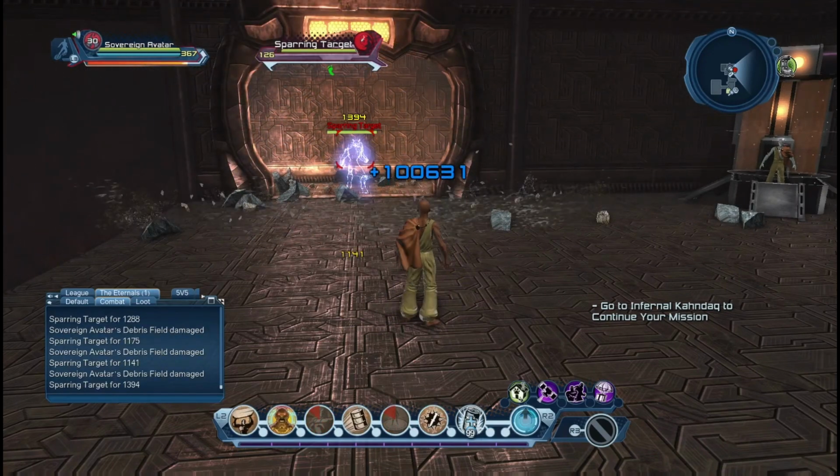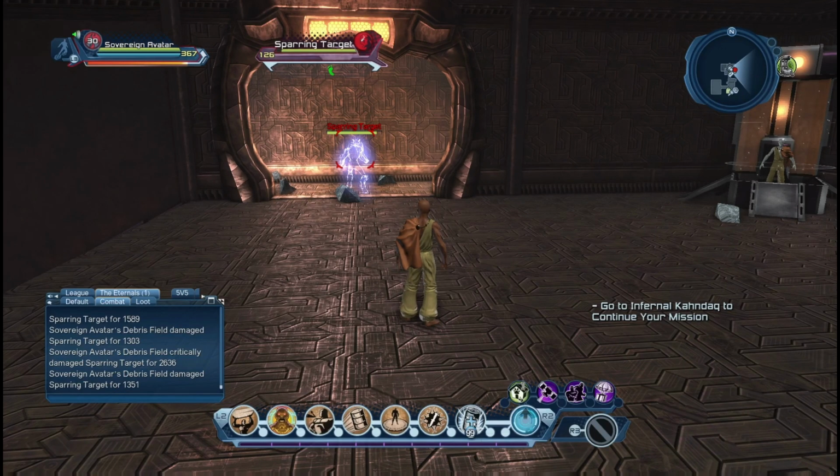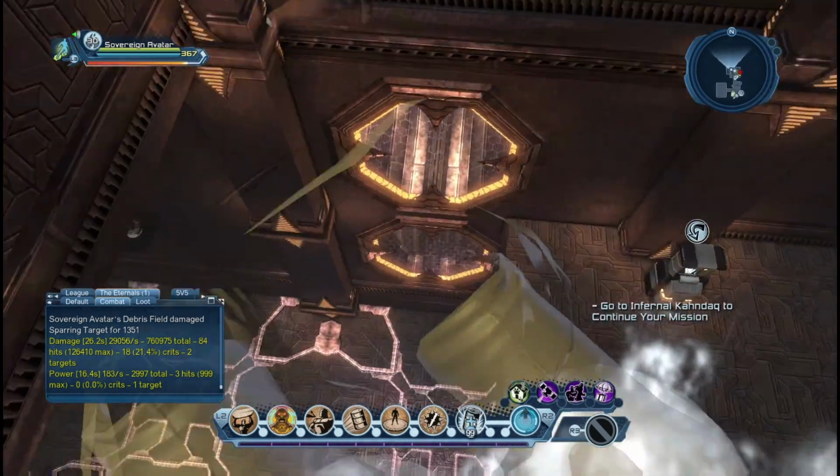To give you an idea. Now this is kind of on the power hungry side, but you see the damage I'm putting out. So what I'm going to do is see what kind of damage I do within 10 seconds. So I'm going to pull out, let me run away real quick, reset,